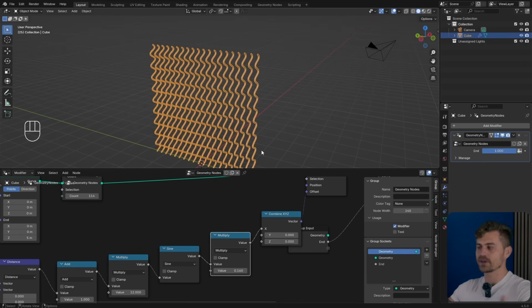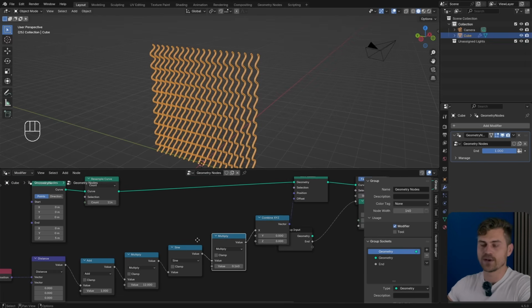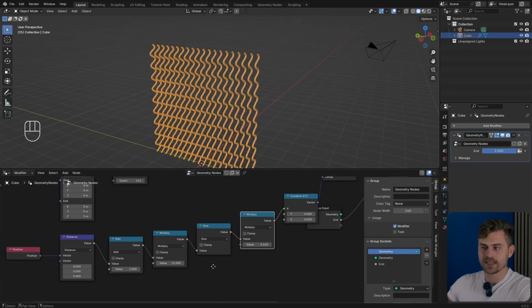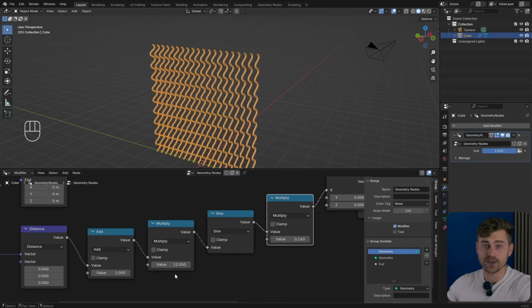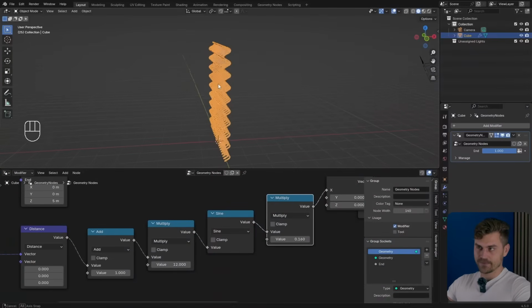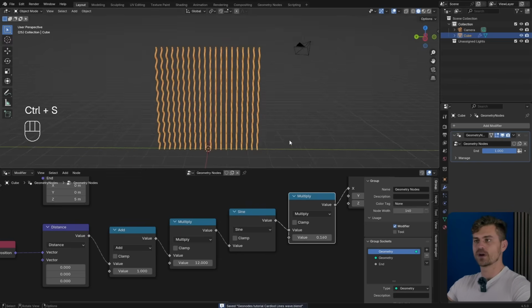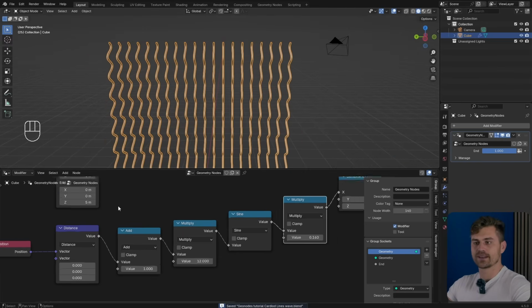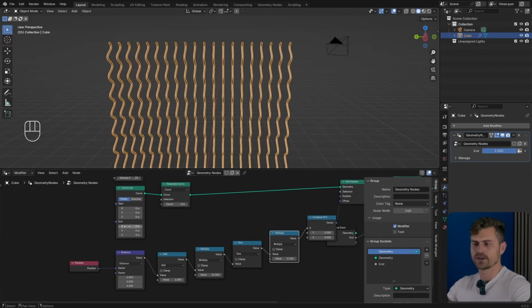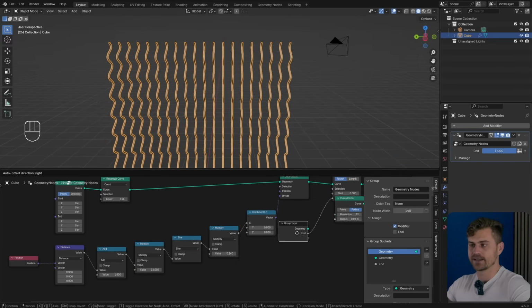Now, what does this mean? What actually changed? We have the very same result. What changed is that we now have control over the values. If we play with this multiply, now I know that 5 is actually 6, that 12 is actually 10, stuff like that. Which means that I know exactly how many lines I have here, instead of using a randomized generator like the wave texture. So we just made it a bit more simple for ourselves, simply by adding this simple